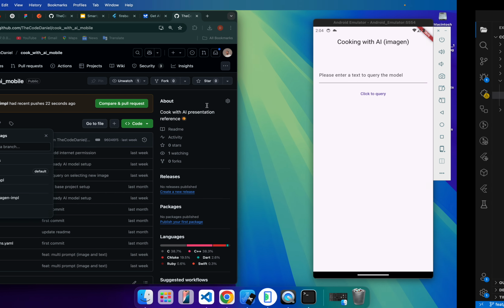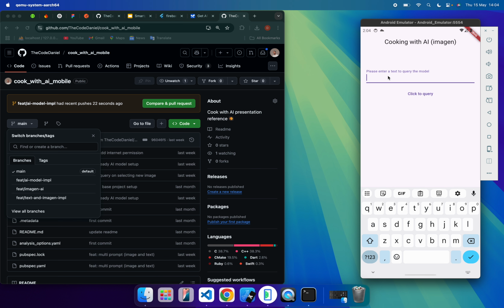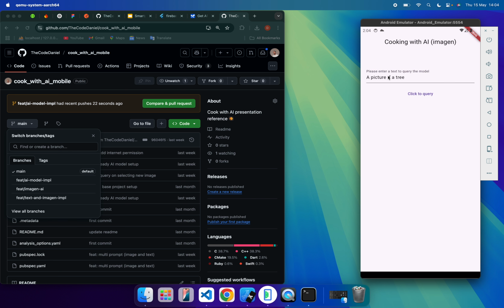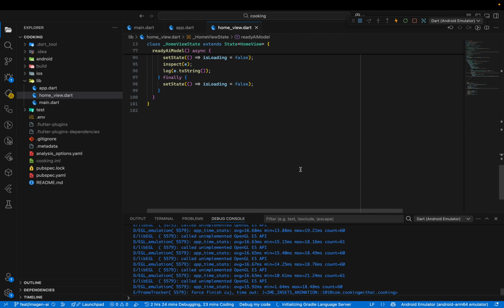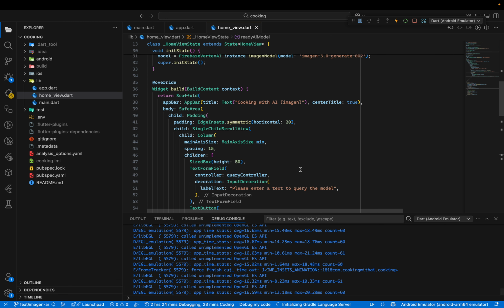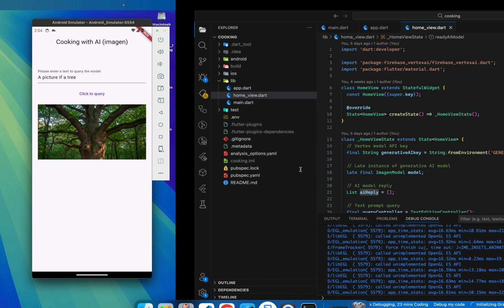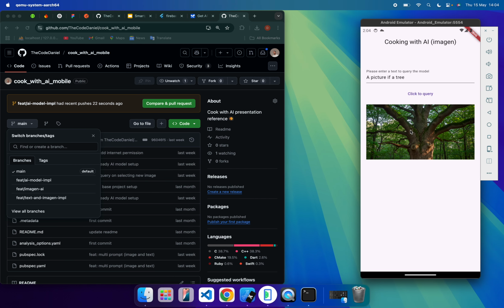And I'm just going to demonstrate this very simply. So I'm just going to say, a picture of a tree. So we're going to wait for the AI query to be completed. So that is pretty much easy to be able to integrate this on your mobile app, right? Okay, yeah. So you can see the generated image of a tree that was being returned to me